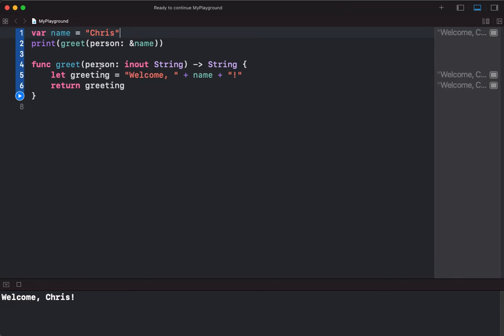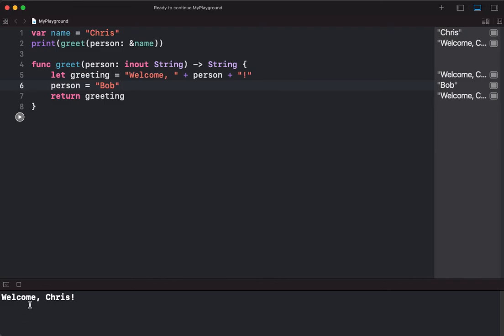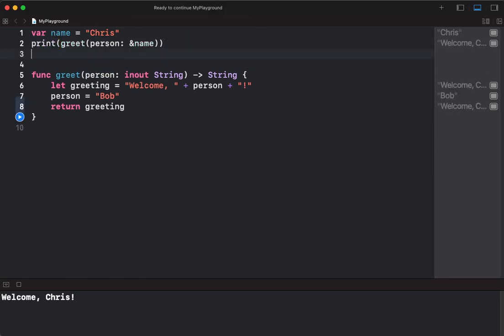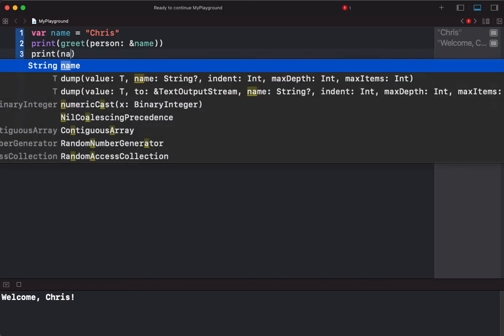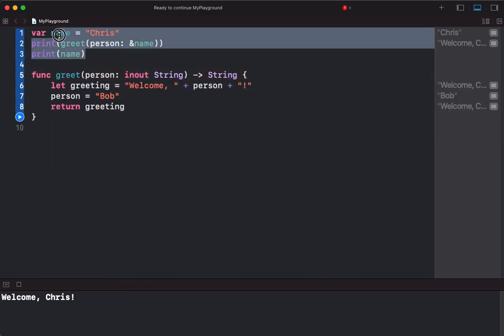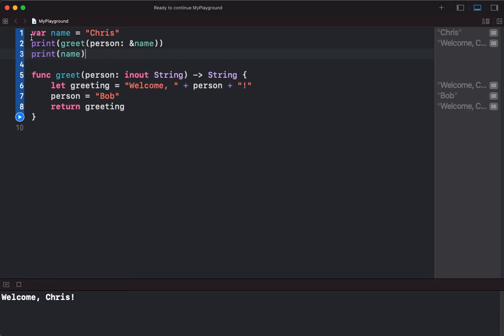And then let's take person, make sure we stick it back here, and then we're going to assign person equals Bob. And we're going to run this. Now it says welcome Chris, and we know that it's compiled, it's run. We were able to reassign the value of Bob to the person variable that came in here as the parameter, and it didn't throw any errors. Now let's see how in-out and the ampersand character impact the name variable, which exists up here outside of the scope of greet. And if I run this again,